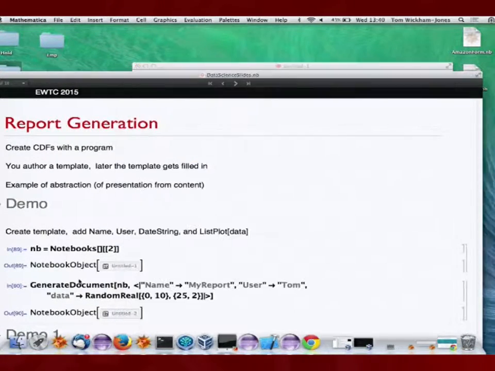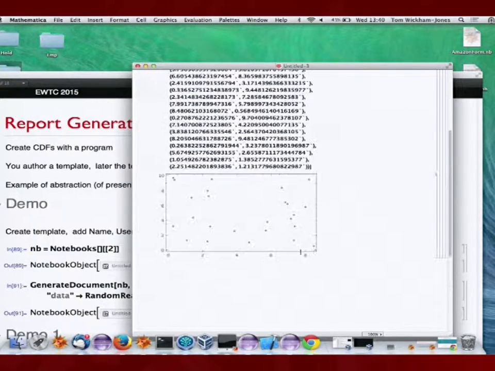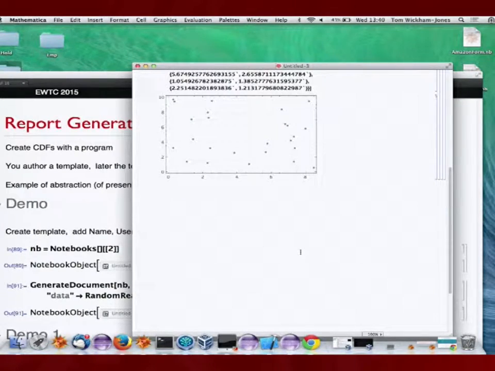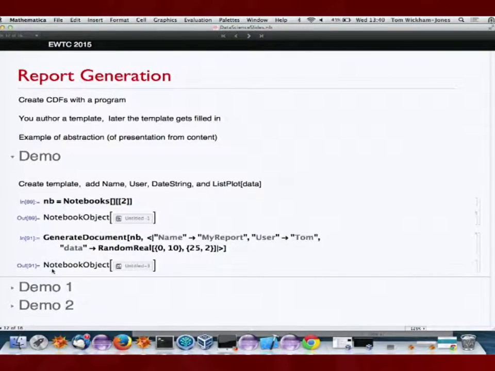So then I would prepare the data and then execute the report. This is a way of creating a new notebook, but without having to insert all the details. So we've got more examples of this. Here's one that is